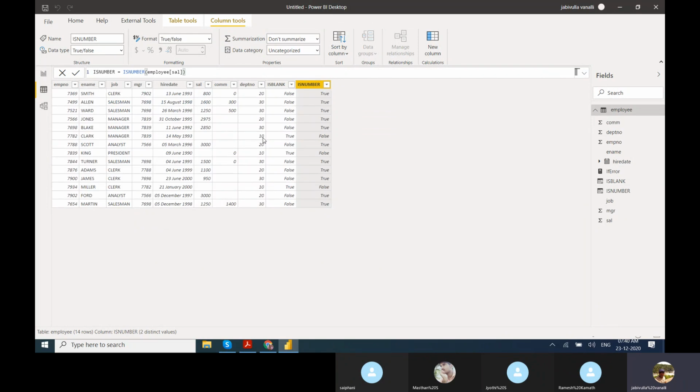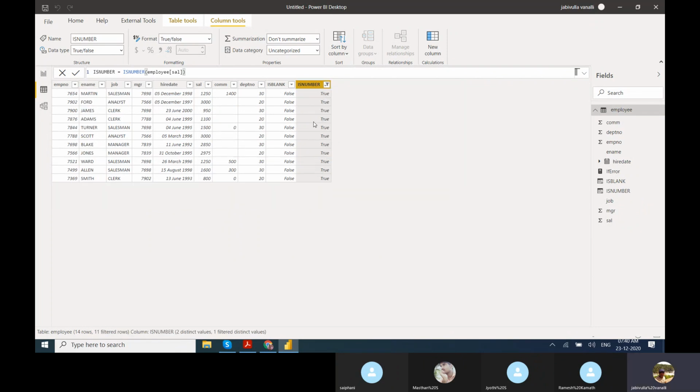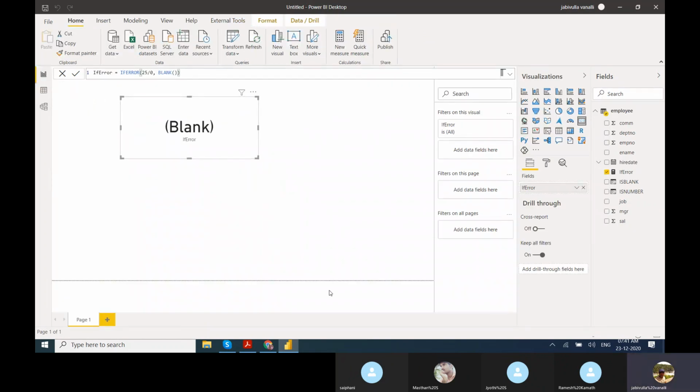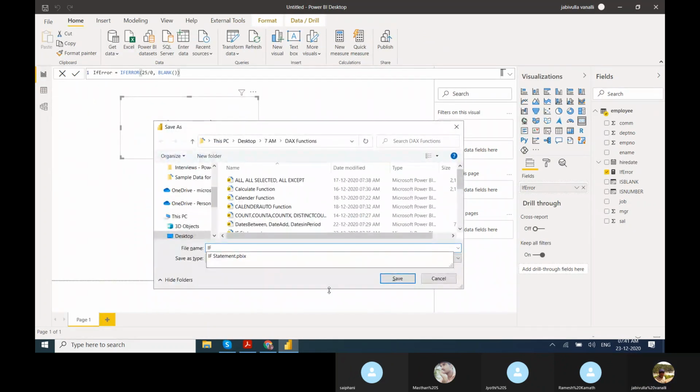See, this is a number, true. Here blanks are there, here it is false. Why? Blank is not a number. So in this way we can use it. Okay, see this, all numbers true. If error